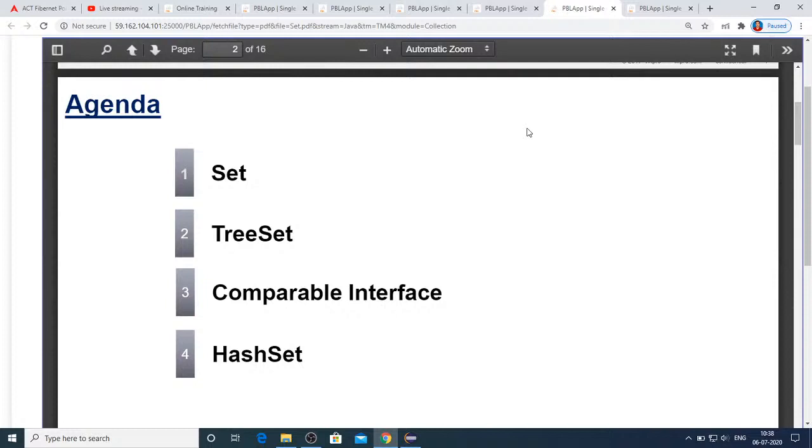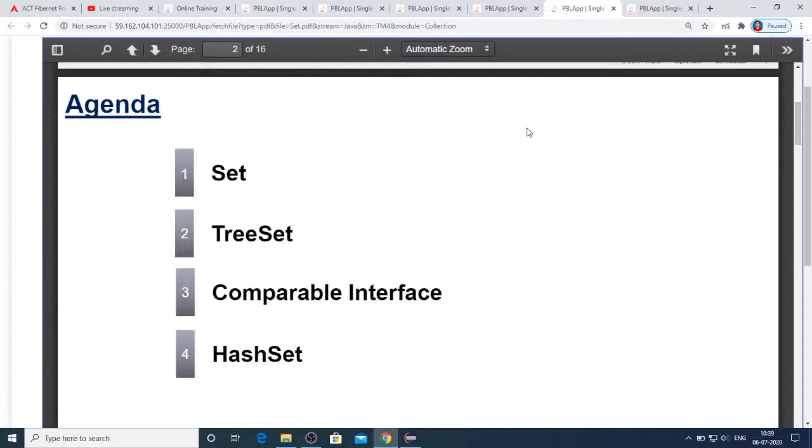So with whatever object we invoke this compareTo method, which is the method of the Comparable interface, that becomes the current object, and whatever argument you pass to this compareTo method becomes the previous object. That is how compareTo is used to compare the current object with the previous object.